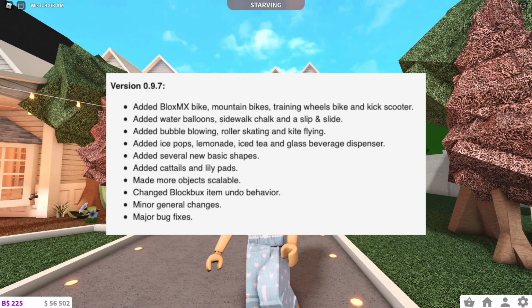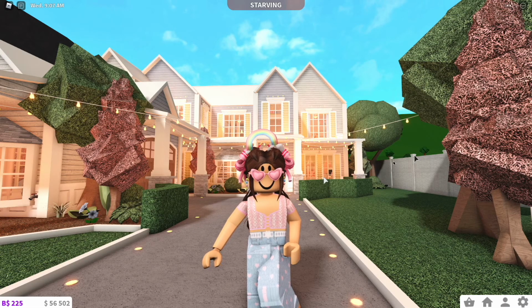Recently, the Bloxburg 0.9.7 update came out, so I thought I'd review what's in it and just look at some